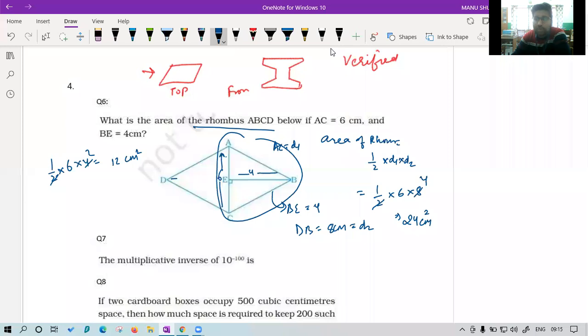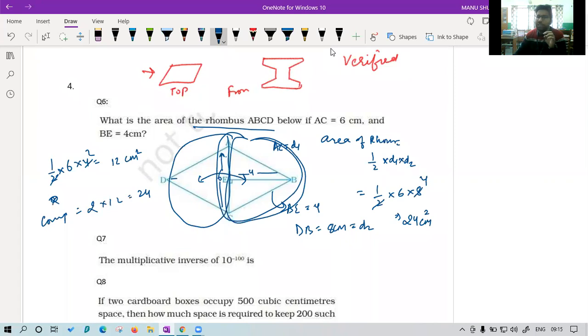12 centimeter square. And we know in a parallelogram, the diagonal divides it into two equal areas. So if the area of this portion is 12 centimeter square, can we say this is also 12 centimeter square, class? Can we say the area is same? So we can just make it twice. So the complete area is 2 into 12, that is 24 centimeter square. So they both are same. If you want to find in the way of area of rhombus, half d1 d2, that is correct. If you want to find in the way of area of triangle, that is also correct. No problem. Okay. Now question number 7.